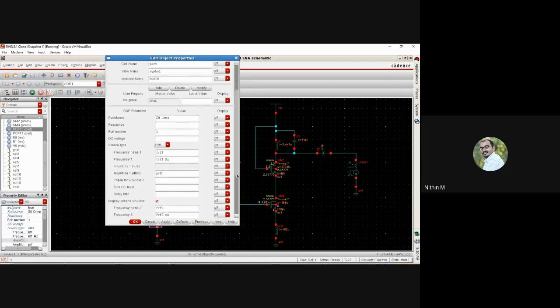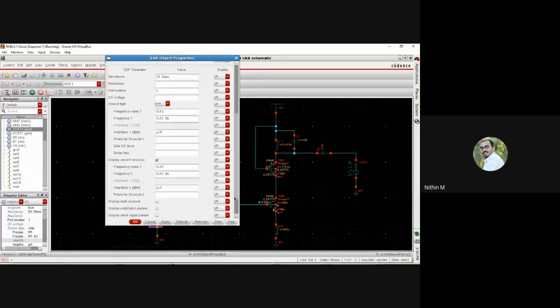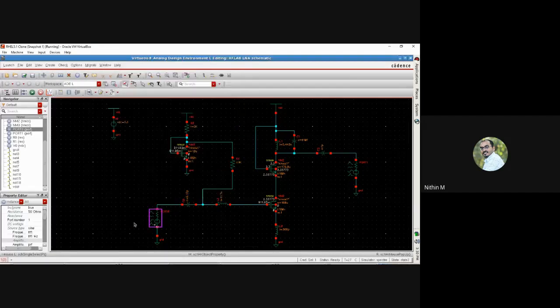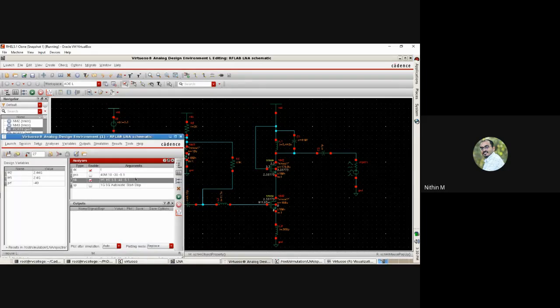Click on this, and then you will get the second. I have already filled in the value, so I kept it as FRF2. The frequency or the value is also given the same name but with the same amplitude. This is my input setup. The rest of the things remain the same, and then I will go to the ADL window, and in the ADL window I